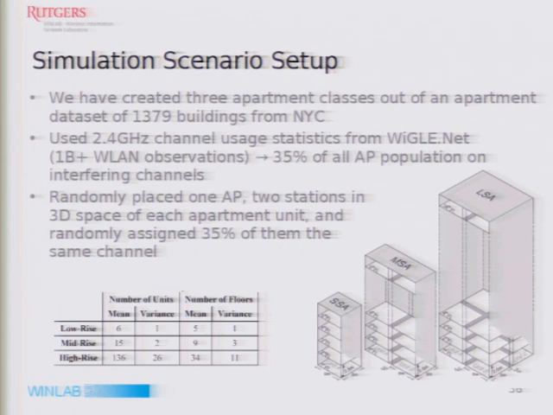Turns out to be the largest chunk on the channel, 6 is on 35%. So what we did is we essentially randomly placed an access point and station on each floor, and then selected a random 35% to be interfering ones, and then worked on this data set for the simulations